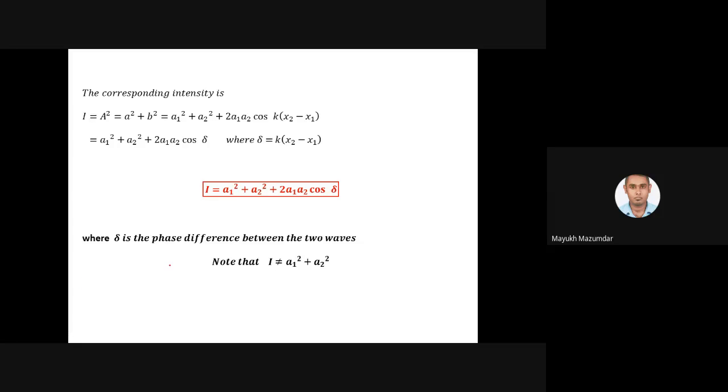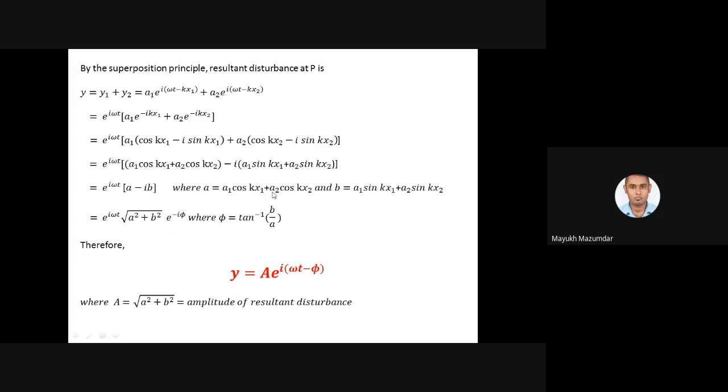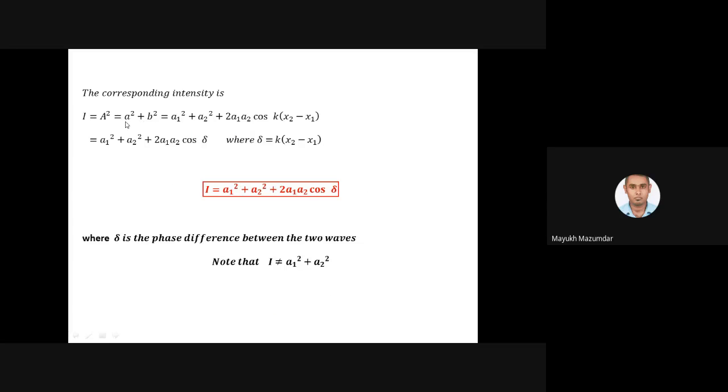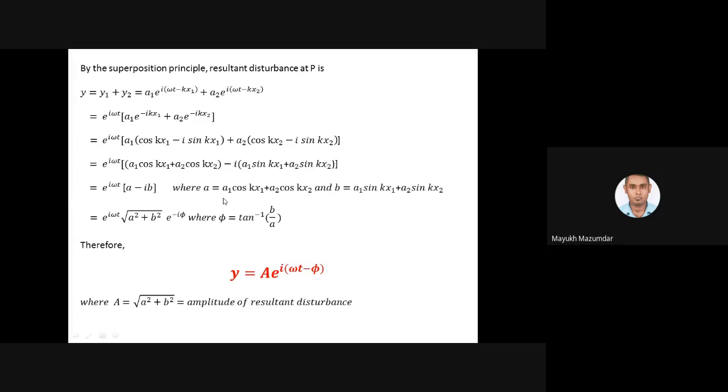Now the funny thing is that a and b are not so simple. A is this, b is this. So try yourself. Put the value of a here and put the value of b here. Square them and add. Just tell me what you get. This is a, this is b. Now you do a square plus b square and tell me what you're getting. Do it yourself.